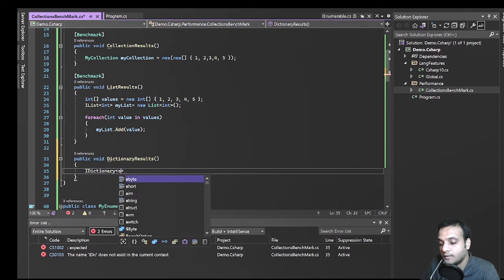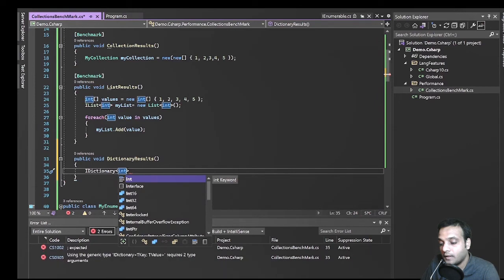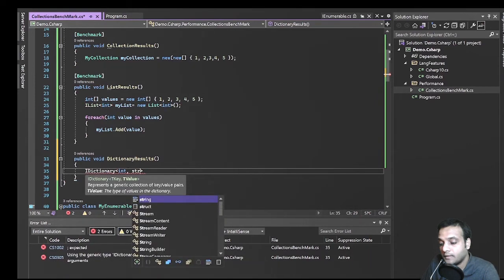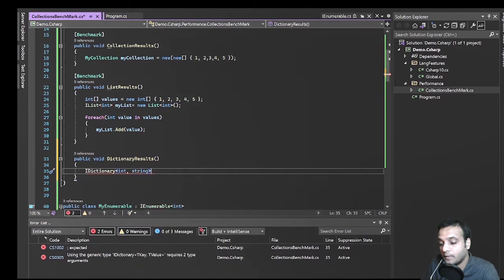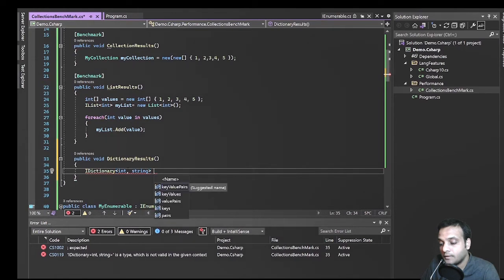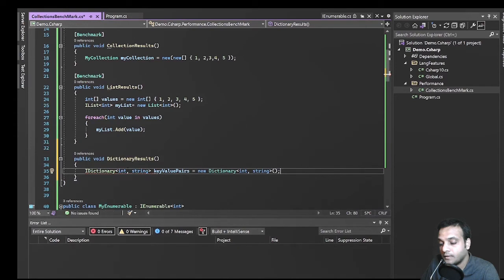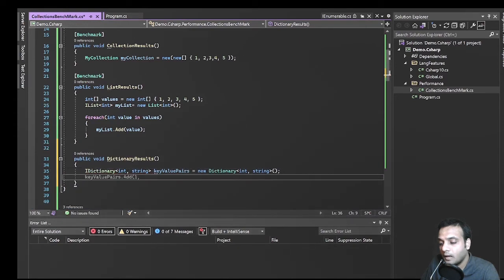And let's pass in an int as a key, and let's pass the value as a string. So let's type in key value pairs, dictionaries. Okay, let's add the values to it. Key value pair add